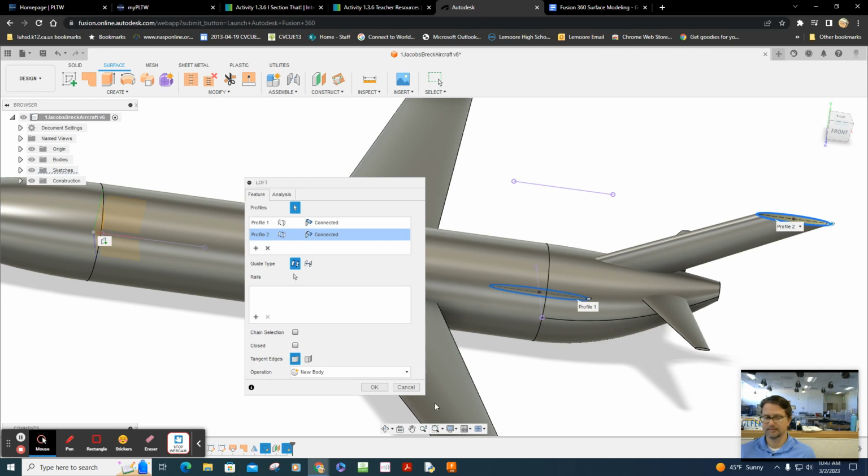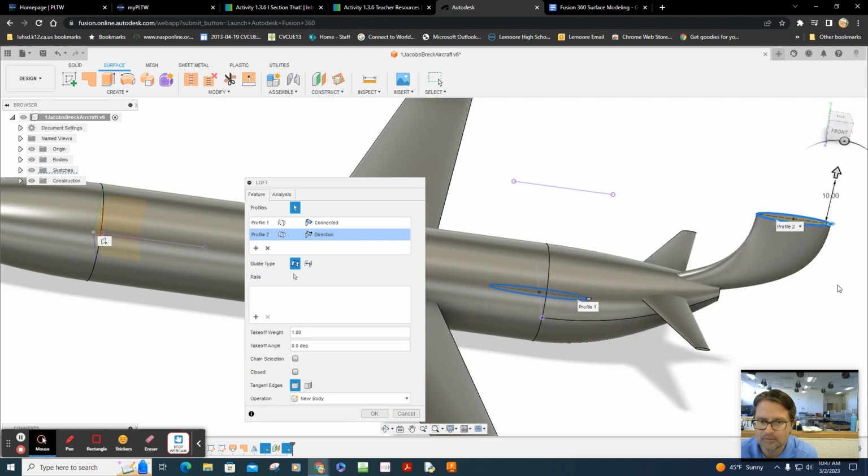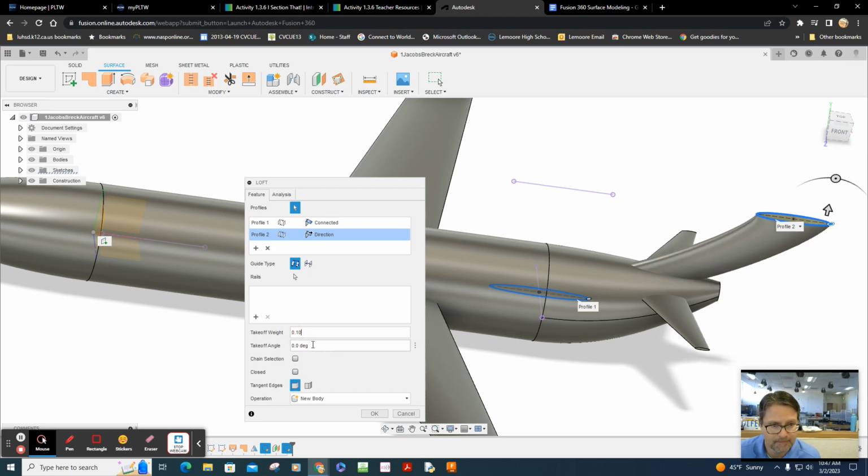Let's see. Now, there's some information about a takeoff angle and some other information. Oh, okay, this says profile 2, it says directions. Let's see if I can fix that. Oh, whoa. That's it. So that's what I missed the last time I did this. And then we have this here, takeoff weight of 10. Interesting. I didn't see that last time. And then takeoff angle of 165 degrees.